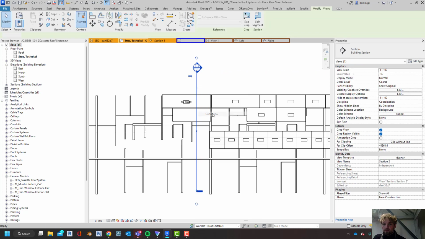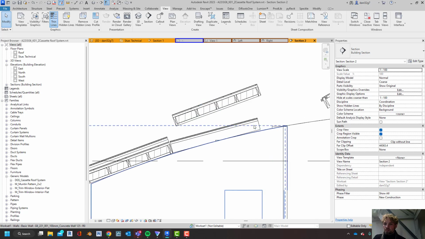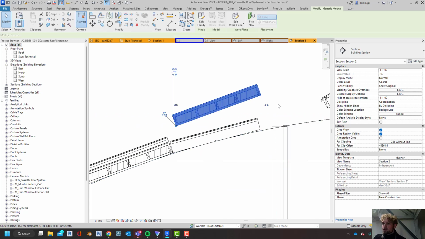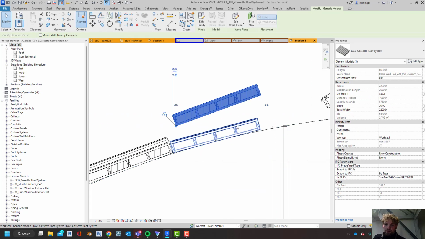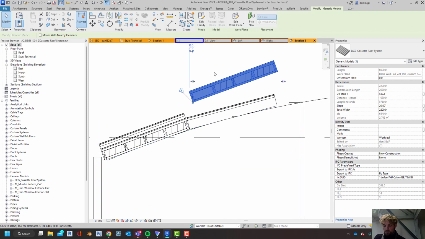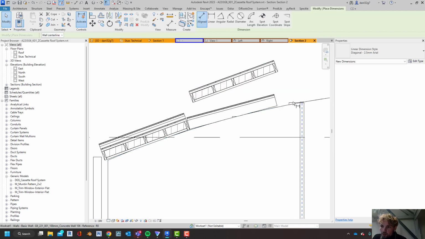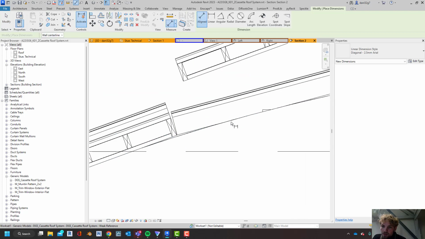We're going to go to the view. You can see this is up here because we placed it on this family. So now all we have to do is create an offset. So what we're going to do is find a location that we want. So we want it to rest on